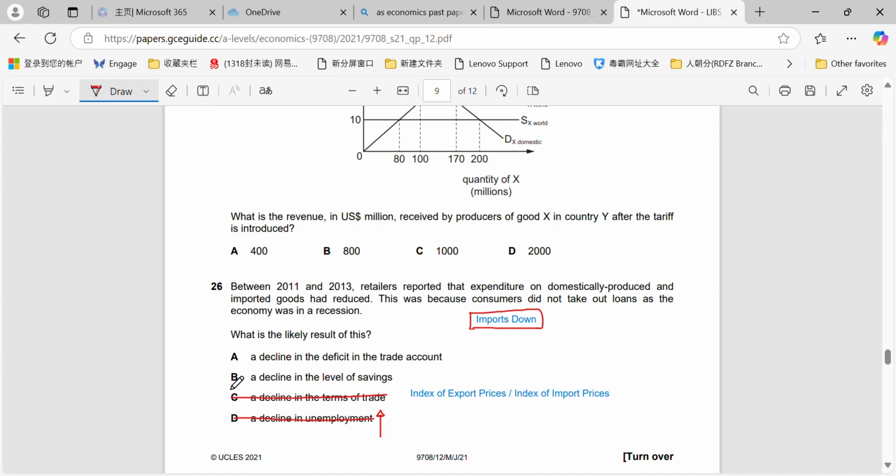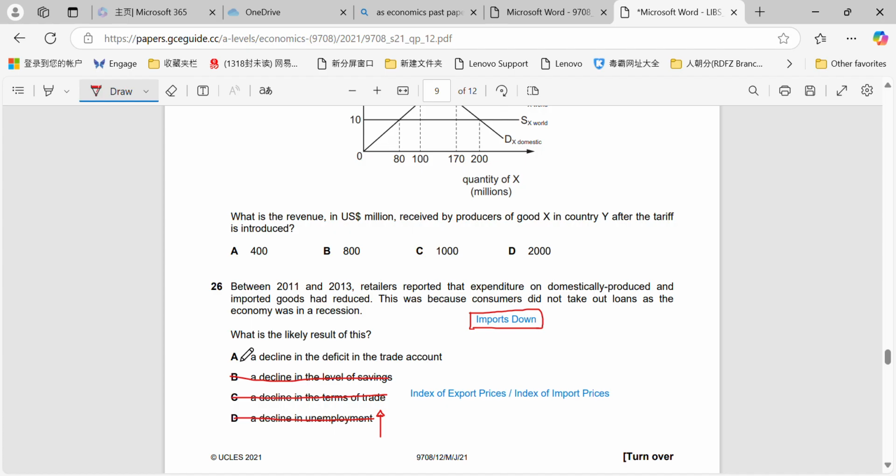A decline in the level of savings. The economy's in a recession, expenditure is dropping. It doesn't necessarily mean that the level of savings is dropping too. It could be, for example, consumer expectations or speculation, or optimism or pessimism is something that can strongly affect an economy. People may actually increase their level of savings and decrease their level of expenditure if they're expecting that the economy will be going through a continual recession like this for a long period of time. So they may actually save to safeguard against that.